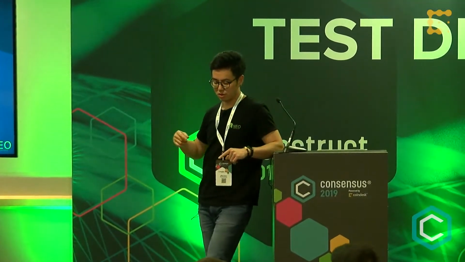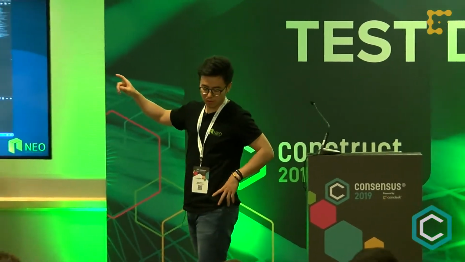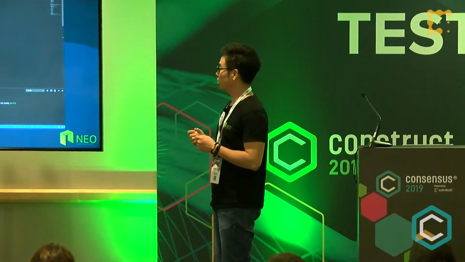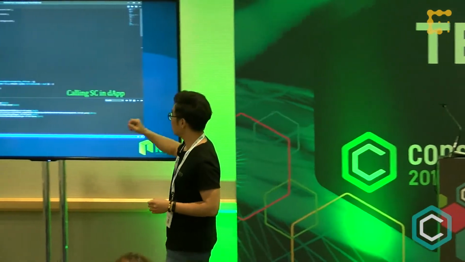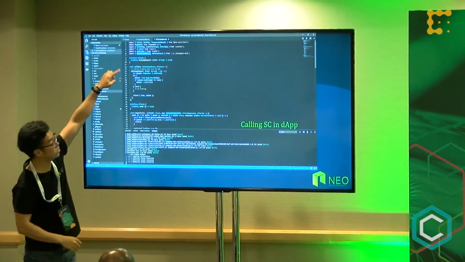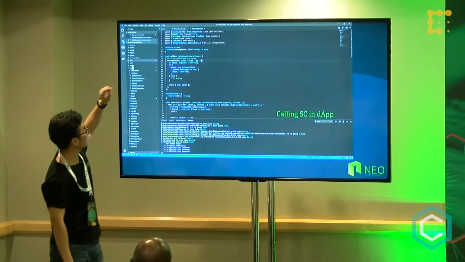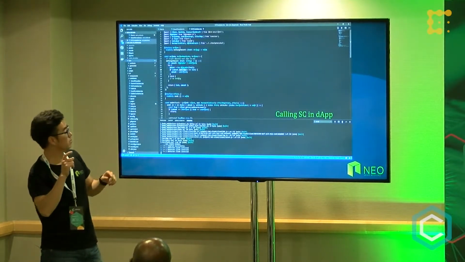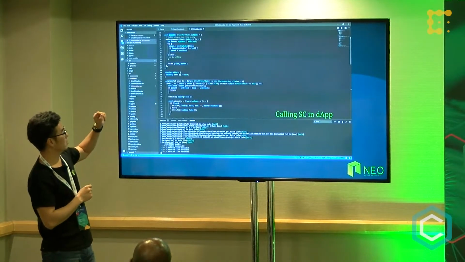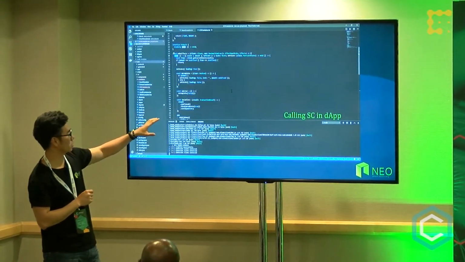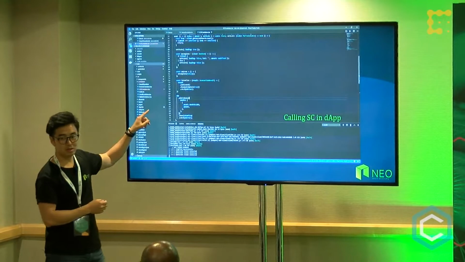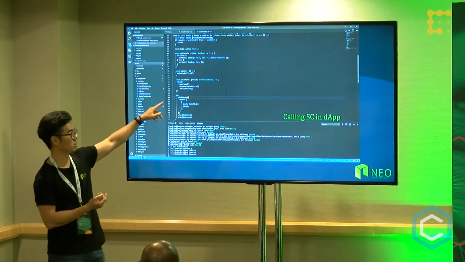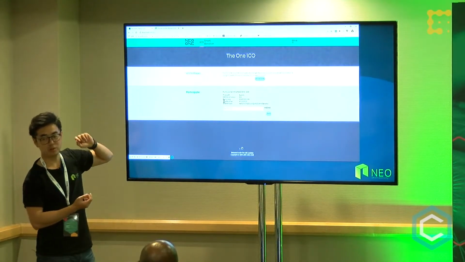So the function which is written is in the source folder, this container is where I wrote my dApp. And then the ICO container is where I wrote my logic. So I import this one smart contract into my dApp, which is generated from the smart contract. And then there's a function that when I click the send button, it's going to activate this action. And then eventually what's calling the smart contract is through the NEO1 mine token, which is generated from the smart contract. So I can easily call it from the ABI files it generated.